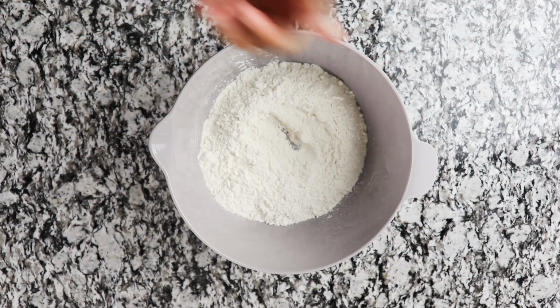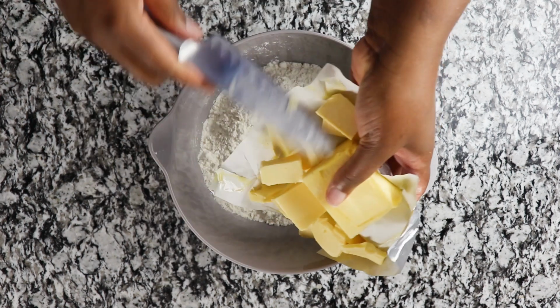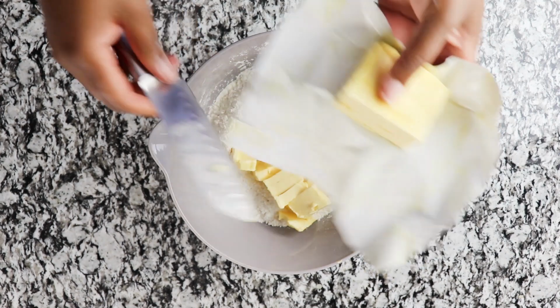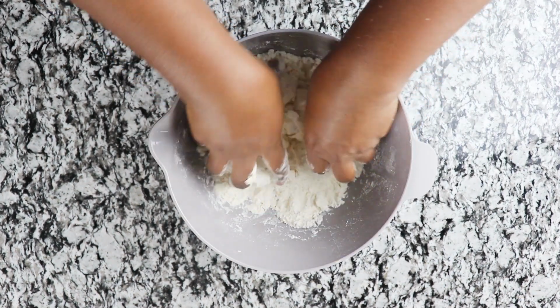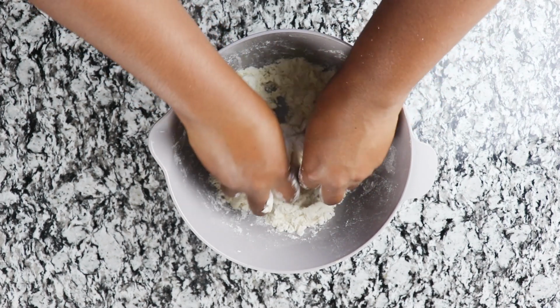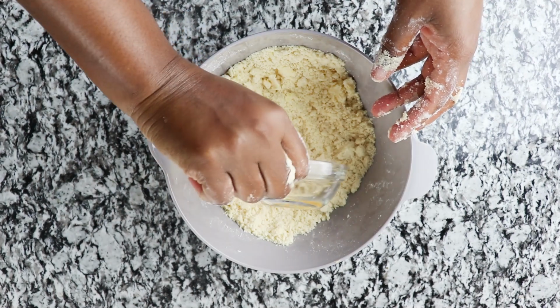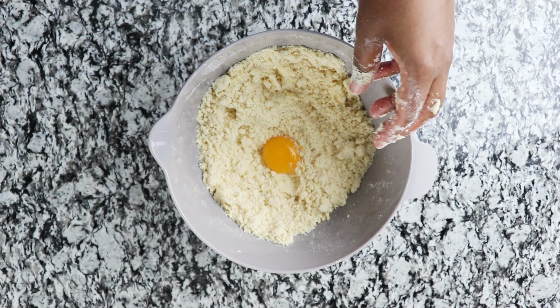So for this I'm using 1 cup of flour, about 8 tablespoons of butter, salted butter. So I'm mixing it very well. Really take your time. And then 1 egg,